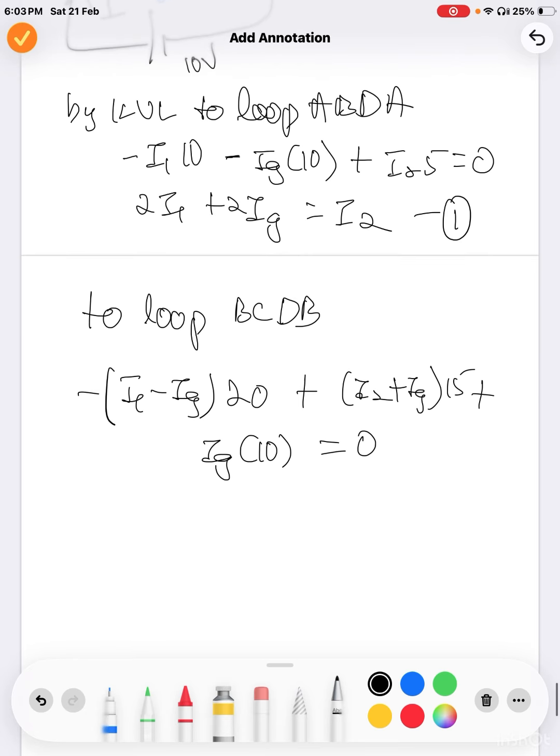So from this one we can write minus 20 I1, and if we simplify this we'll get